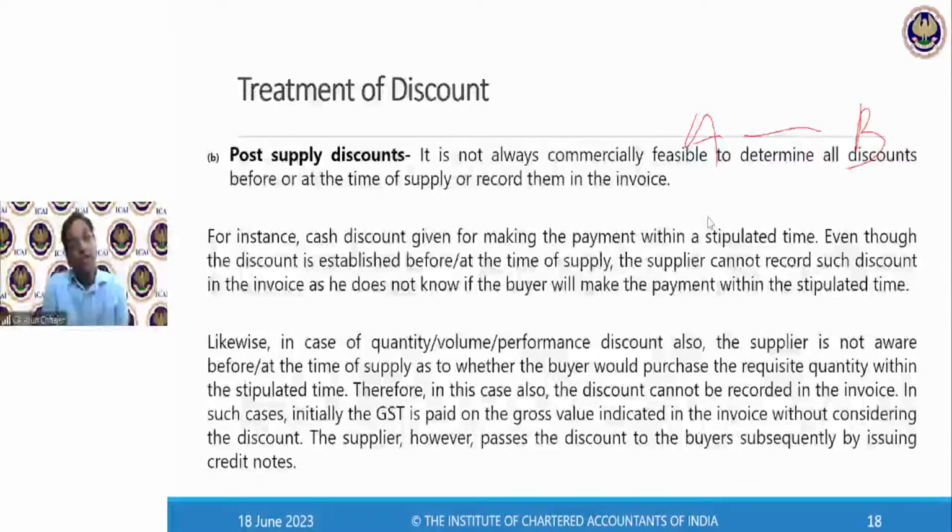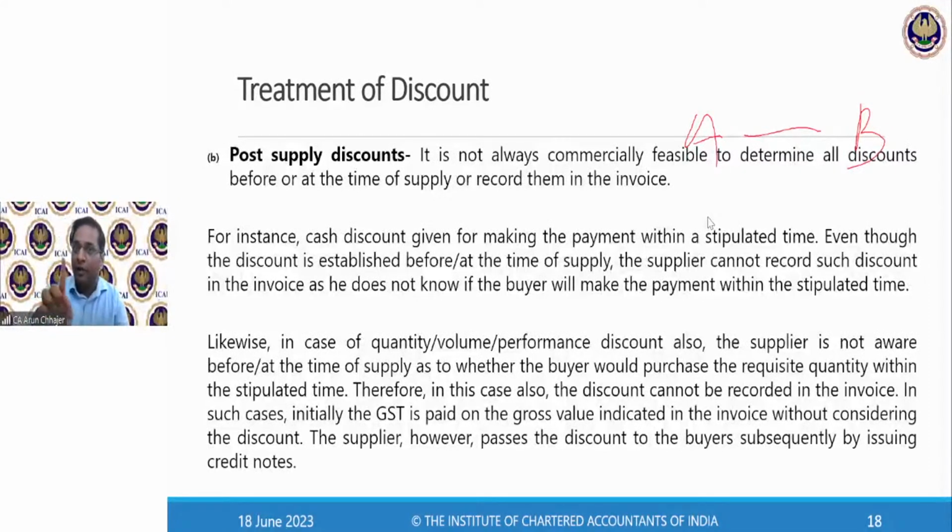How will it be excluded? Because the invoice has already been raised with the full value. When the invoice of 10 crore was raised, multiple invoices were there, raised with the full value. Now they are saying if you satisfy the three conditions, then A should exclude the discount from the invoice. How is it possible? This is possible by raising the credit note by charging the GST.